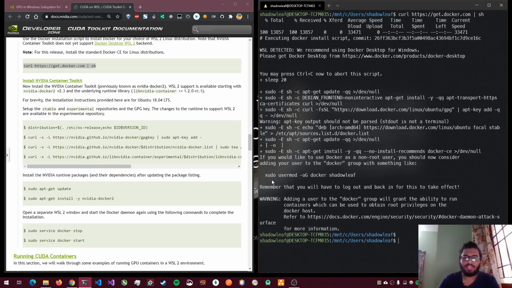The one thing that we need to do is add ourselves to the Docker group. I'll just copy paste this. Okay, so now everything is done. The next thing to do is install the NVIDIA Container Toolkit.